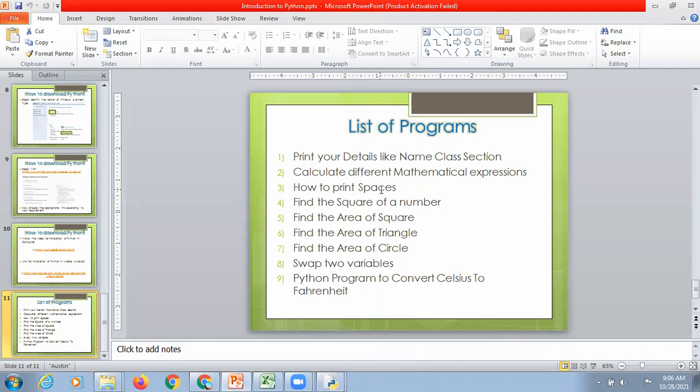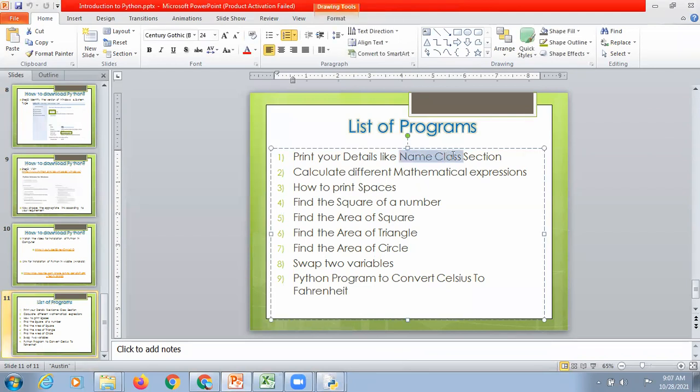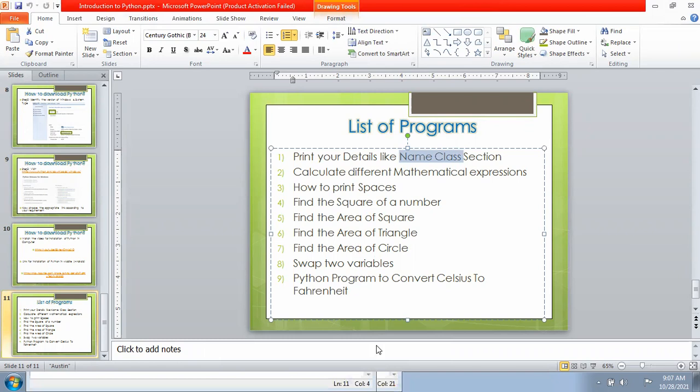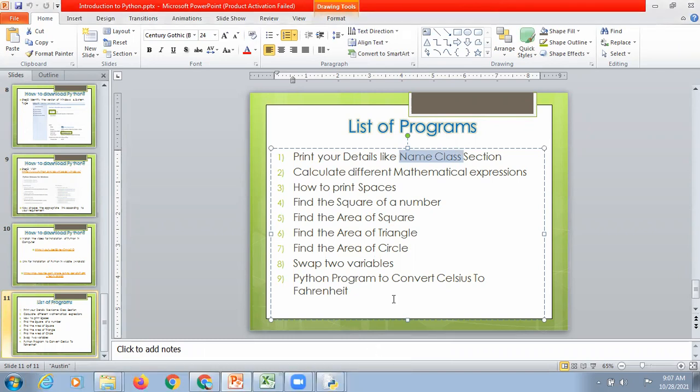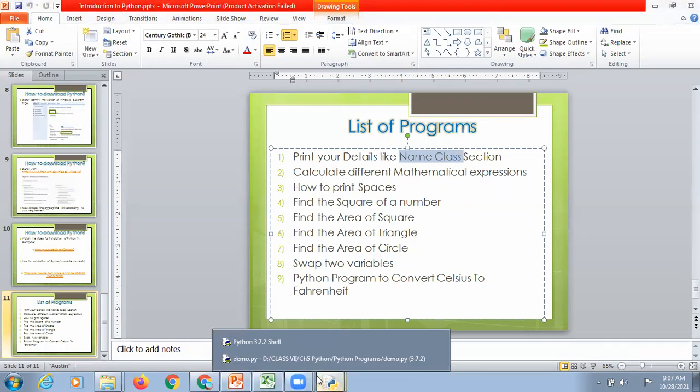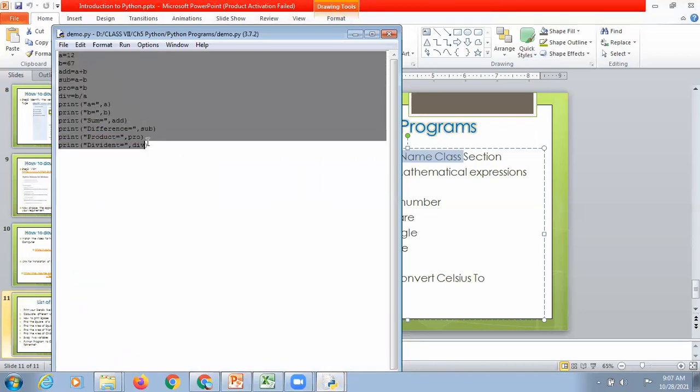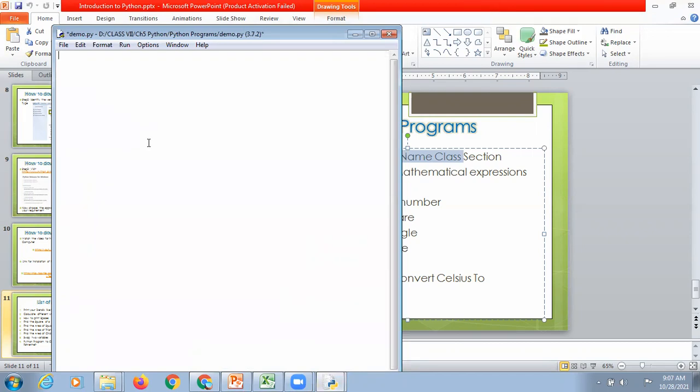Next is how to print spaces. This is very simple. In this question also we have printed the spaces. If you write the spaces in double quotes, they will automatically get printed. Let's write a program for this. We will create a pattern for printing this. So I'm going to do some changes in this only. Directly write a print statement, print, and within double quotes, you can write whatever you want to write.